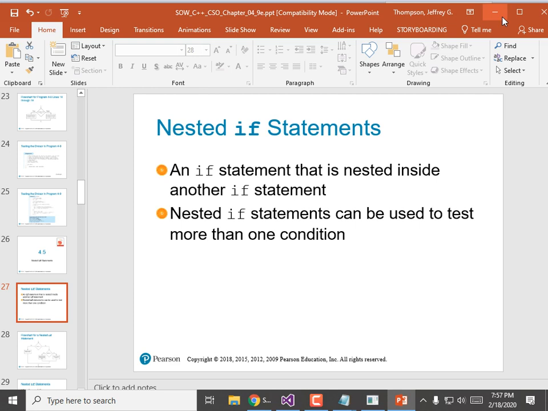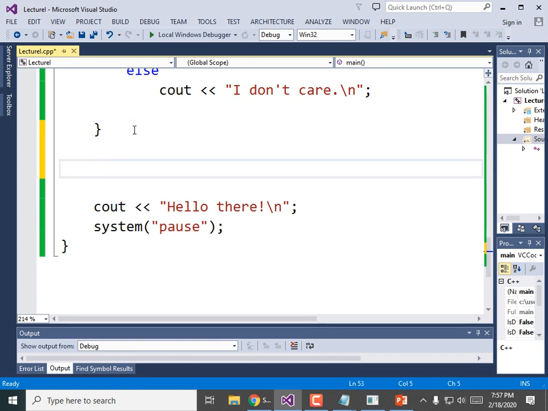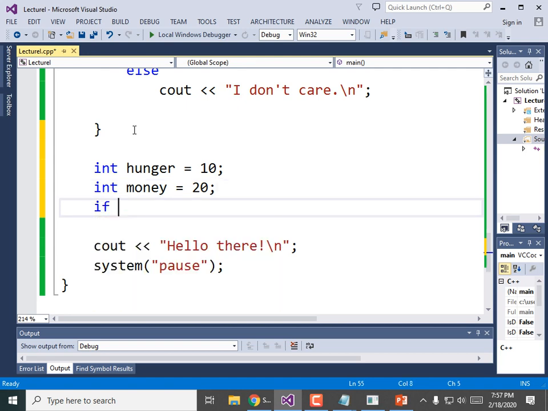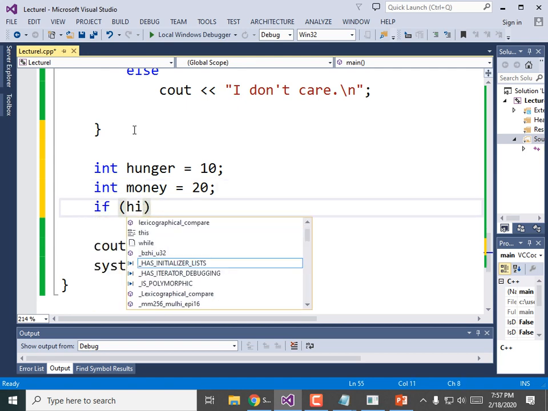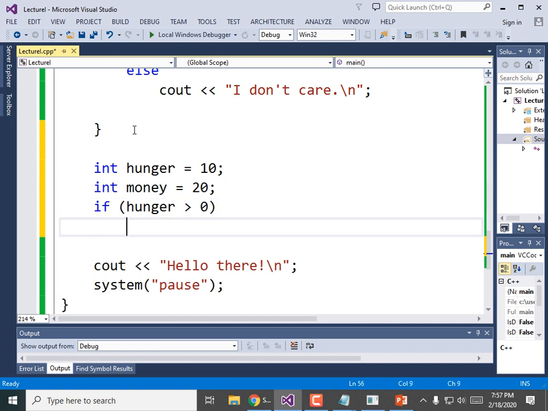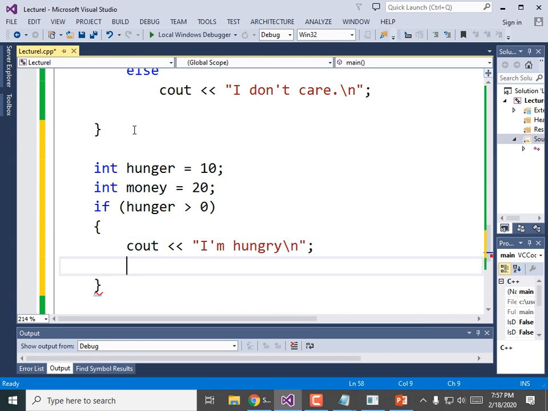Nested if statements are like the AND logic. If something, and then if something else. So like int hunger = 10; int money = 20. So we have a little bit of hunger and we have a lot of money. If (hunger > 0), we're going to think about what we're going to do. If hunger is greater than 0, cout << "I'm hungry\n";